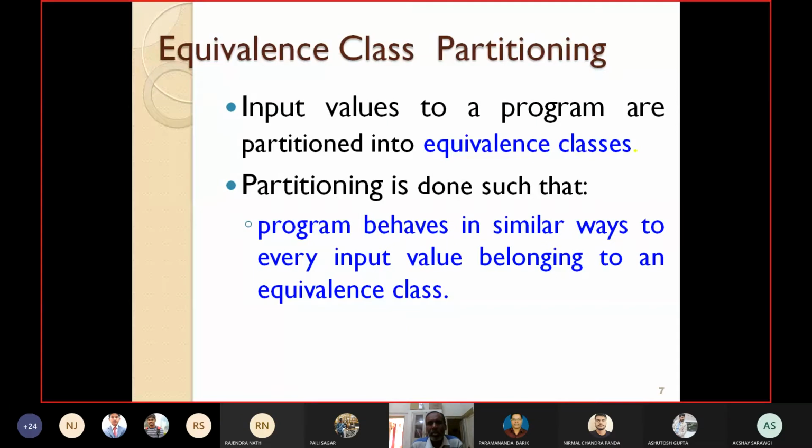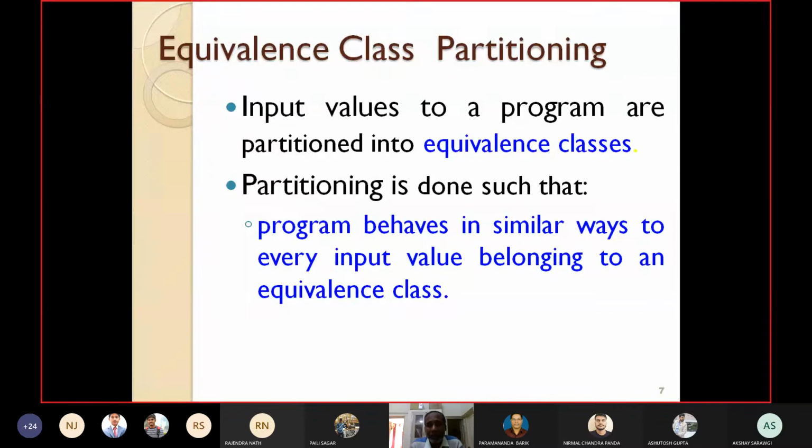Now please see, the whole set of natural numbers is divided into 3 equivalence classes. Why am I dividing into equivalence classes? Because if you have written a program and you are giving input values, it is expected that the program will behave for input value 0 the same way it behaves for 3, the same way for 6, the same way for 9, etc. This is one class. In the other class, when you give the input value either 1 or 4 or 7 or 10, the program will behave similarly.